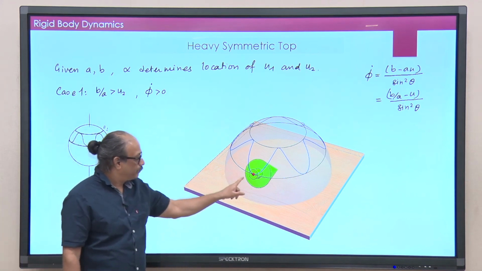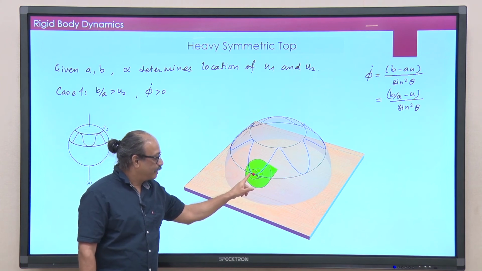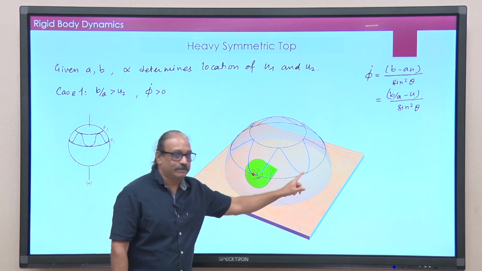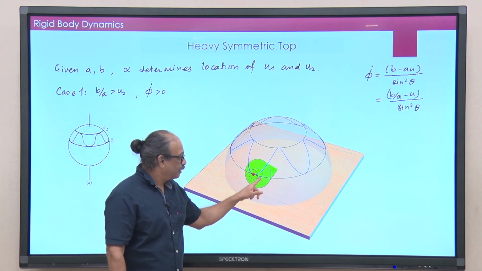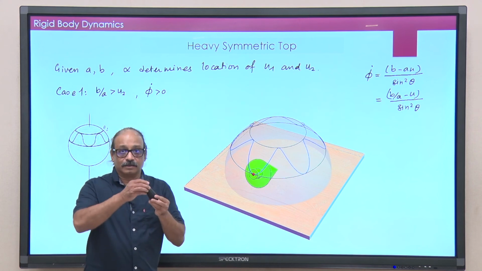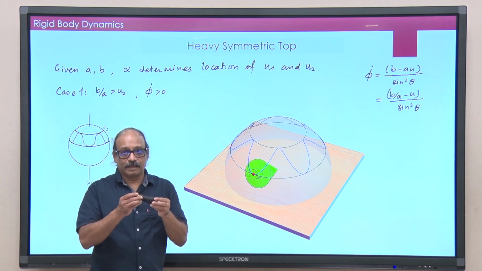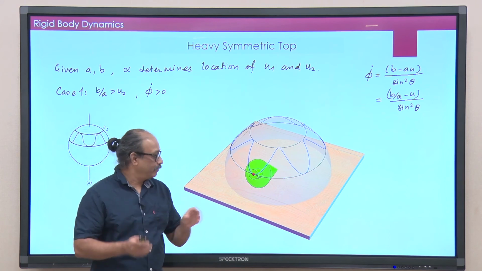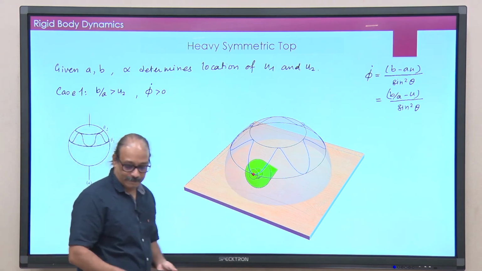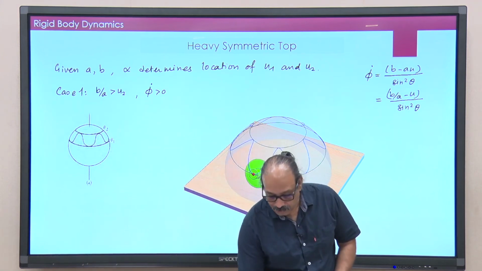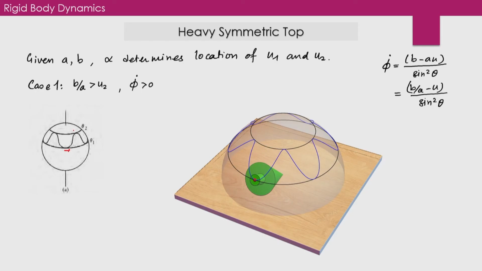So, when the top comes to this point, phi dot is basically the rate at which phi changes along this line. So, phi dot is positive, it will keep moving towards this. So, theta has gone to theta 1, phi dot keeps moving forward. So, the direction is this way. The direction here on this one I will show, here it will be this way, here also the phi dot direction is exactly in the same way. So, the motion of this top will look something like this.